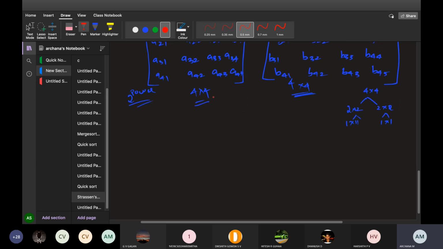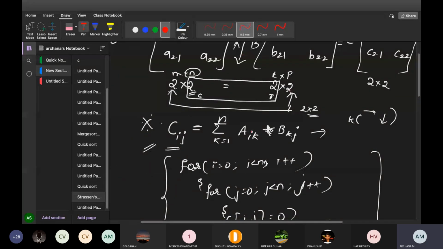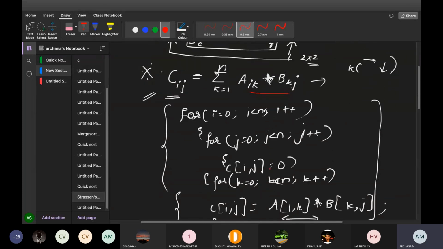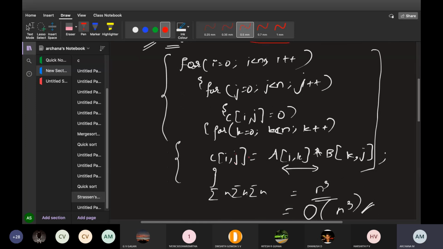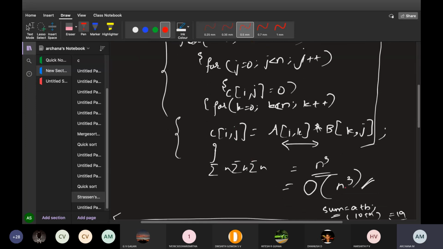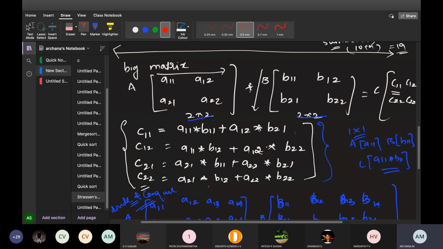What I am explaining is, look here, this is a normal way of solving a matrix multiplication. This is a general formula to solve the matrix multiplication. We write that with the help of 3 for statements when we are writing a program. Okay, so you people have already seen this algorithm, and with that we will get O of n cube. We feel it is very difficult to write all these for statements and matrix multiplication. To overcome that, we can write the problem with this multiplication like this.